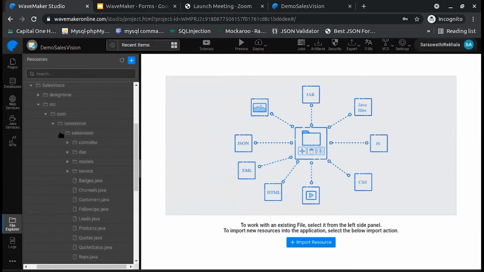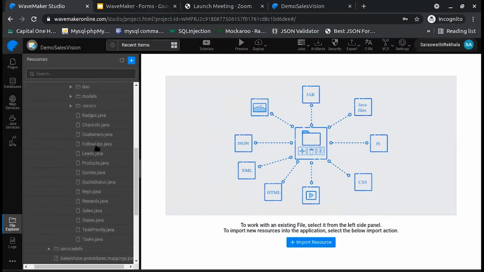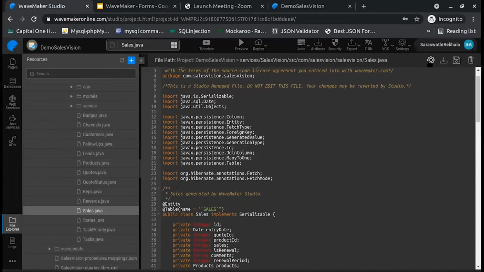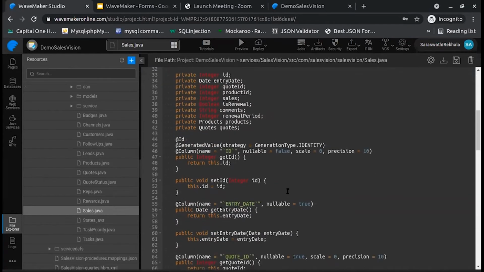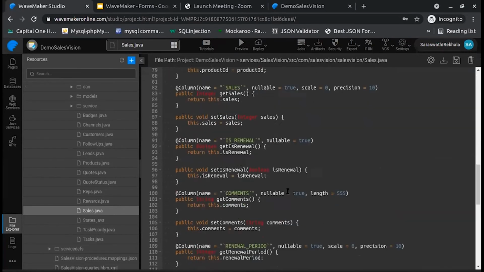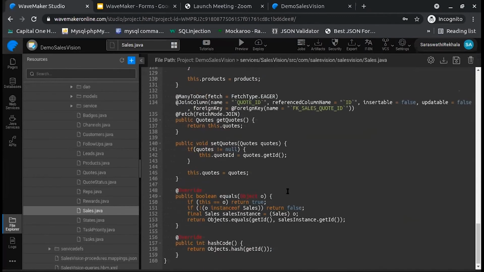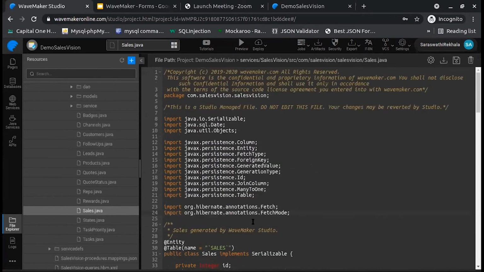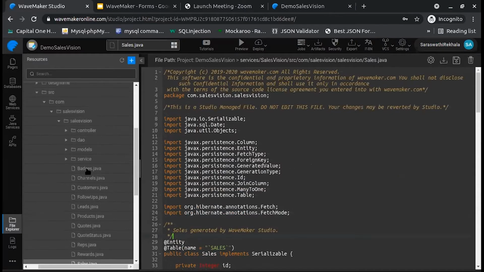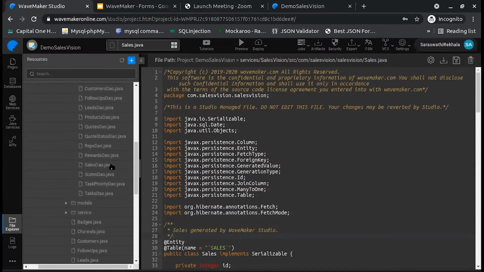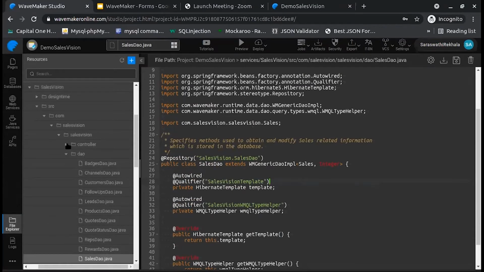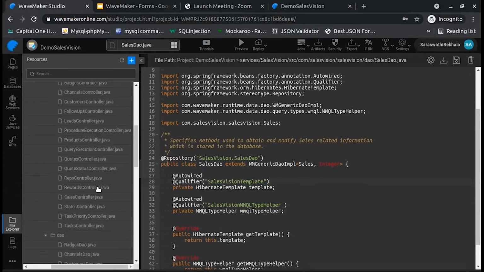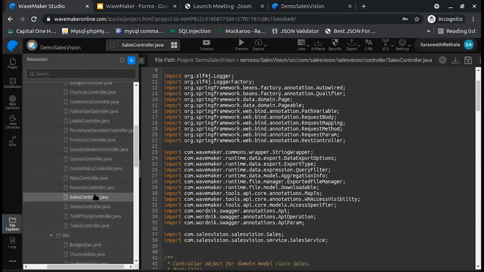I will open it. As you can see here, for each entity, plain POJO objects are generated. Let me make it larger. This is a plain object model, a user-understandable written POJO class. And you even have a DAO class generated for each entity. On top of this, we have a service implementation class, and also a REST controller class.